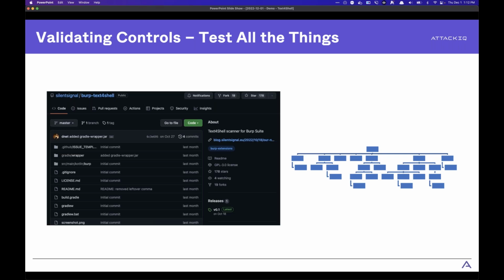And so what's a more advanced version of that? Well, these people at Silent Signal, they released a really cool Burp Proxy plugin. What this will do is find all insertion points in a web page that you go to. An insertion point could be a search box, an input box, or any kind of values that are being passed. And then it's going to flood every single one of those insertion points with the Text4Shell strings. And so if one of your sites that you're spidering through just so happens to have that publicly available,